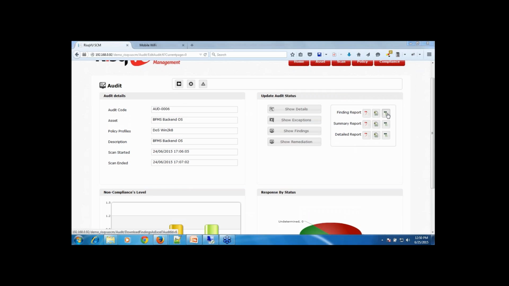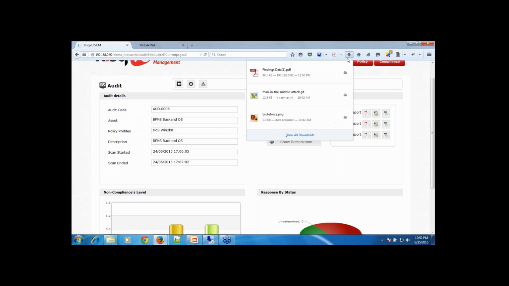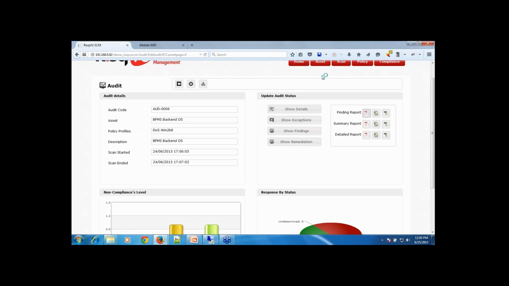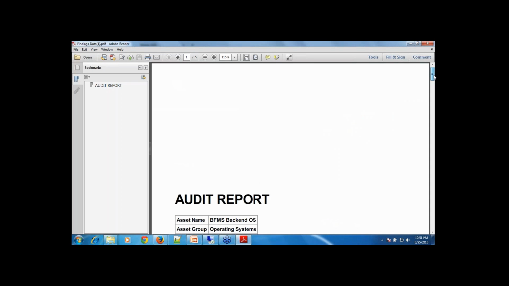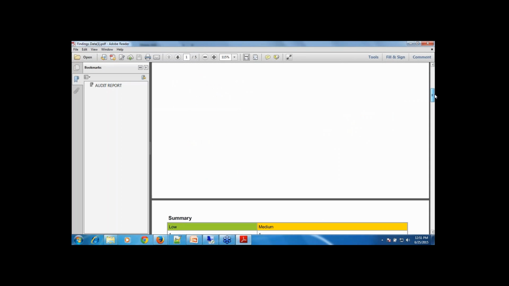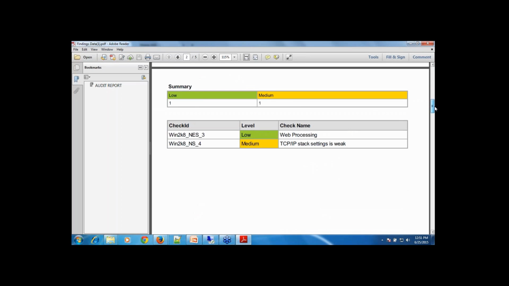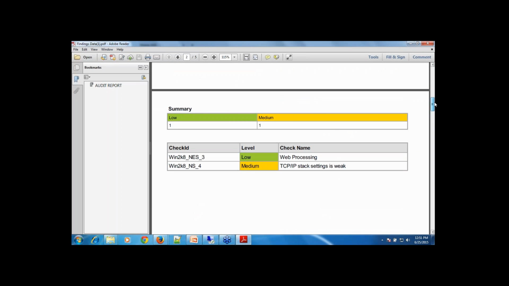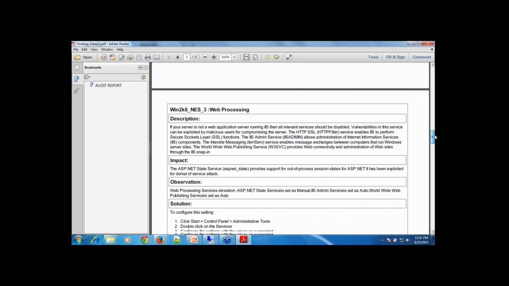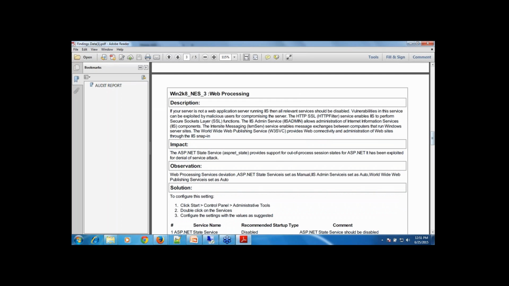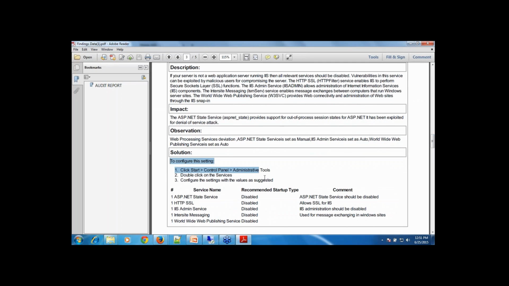We support all types of formats, like Excel and PDF. So let me download a report and see how it looks. Now this is the audit report, and you can see the checks which have been run against the server, and what the description, impact, observation, and solution are for fixing a particular issue.